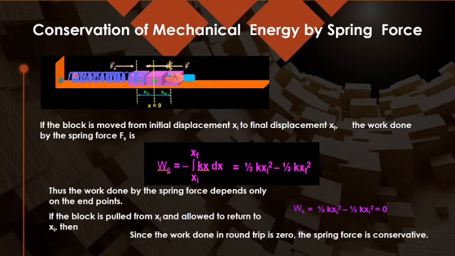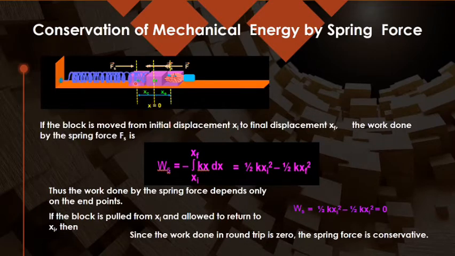So for that, what we are doing is simply taking the same arrangement. We are keeping the spring horizontally only, a helical spring it is. And if I extend it to one side, simply by pulling the mass, it goes on one side, then I release, it comes back to the mean and goes to the other extreme position. So when we are finding the work done, we have already seen it depends upon, if I am taking from initial position to final position, then work done will be given by half kx i square minus half kx f square, where xf is the final position and xi is the initial position. It means it depends only on the initial and final positions.